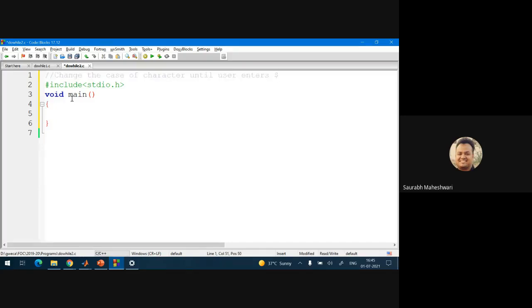Can you tell me the logic? Means if the user enters small a, you will print capital A. If the user enters capital A, you will print small a. But if the user enters dollar, you will stop. This is the program requirement. Now, can anyone suggest how to change the case?